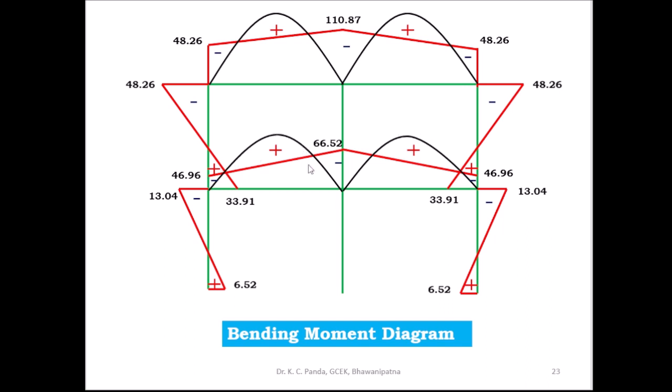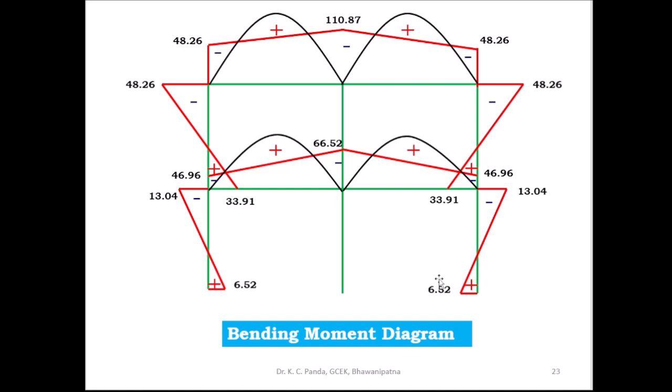So this is the positive bending moment diagram. Then for the net, the positive and negative overlapping portions cancel each other here, and this also cancels, this cancels each other. So this is negative, positive, negative, positive, negative, and here this is negative, this is positive, and this portion is cancelled, and here this portion is negative, this portion is negative, and this is positive. Similarly this is negative, positive, and here this is negative, this is positive, negative, positive. So this is the final bending moment diagram of the